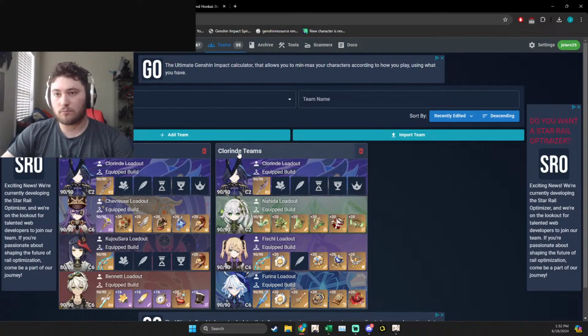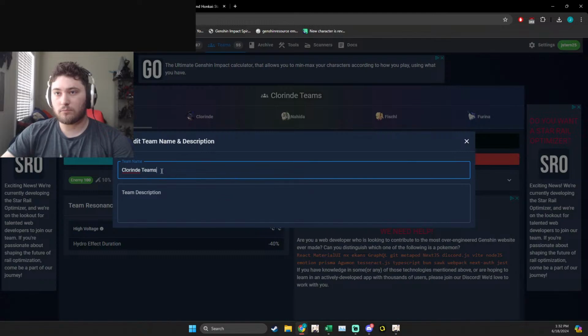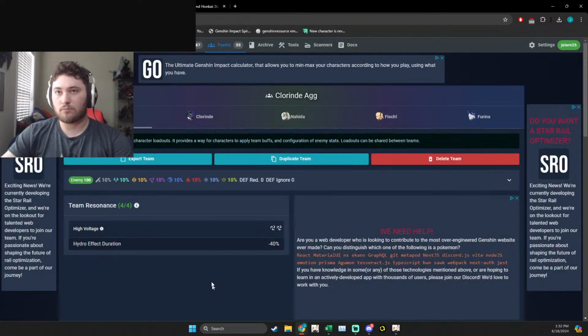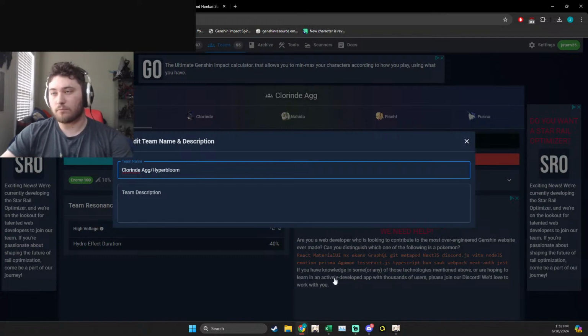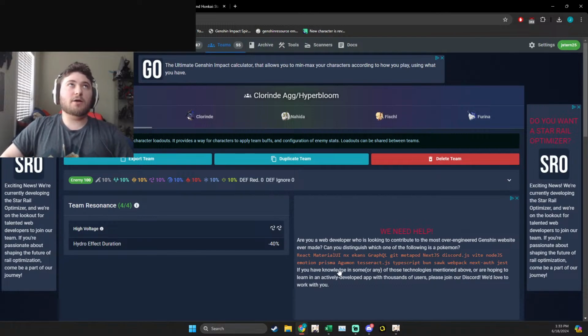Actually, before we go into the character, I would like to start with if you could share what someone will get out of using the optimizer. What do you get out of using the optimizer? It is pretty self-explanatory. It optimizes builds, but it does a bit more than that because it really does a